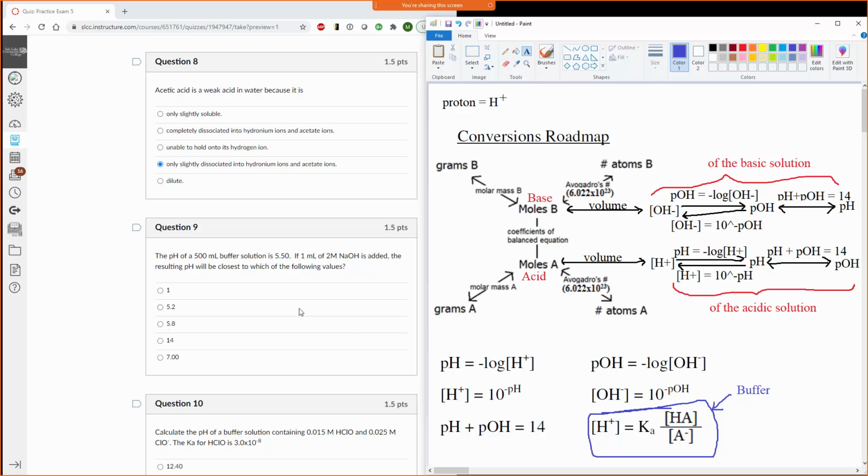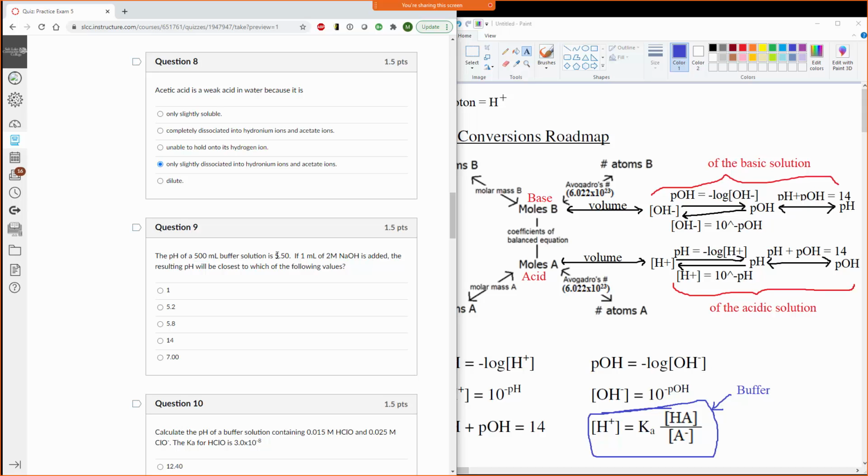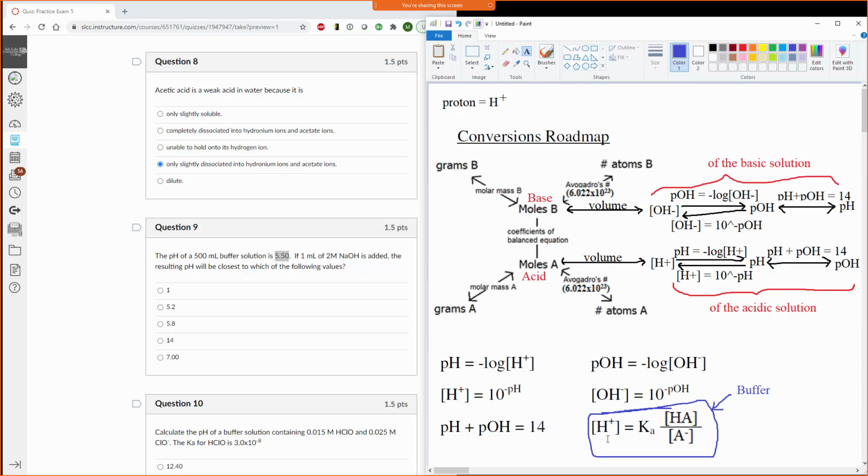So you come to this equation, you're like, ooh, I'm looking at a buffer, I'm going to use this equation. And then you look at this thing, okay, I've got volume, I have the pH, interesting. I can use the pH to get back to the H plus here. And I have nothing else. I have no Ka value. I have no concentration of my acid. I have no concentration of my base. I can't calculate anything if I have 3 variables and 1 known, right? I'd have to give you 3 knowns and 1 variable to calculate that. So you could say, wow, this is a messed up problem. She obviously left some information out,